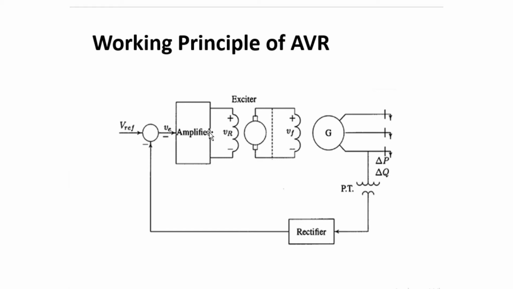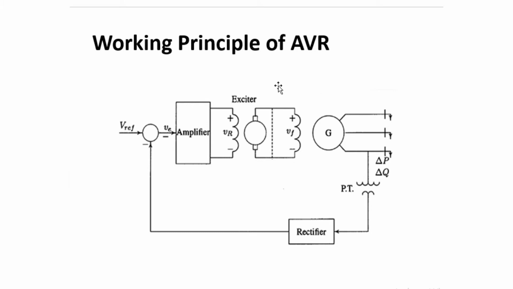This amplified error signal then increases the exciter terminal voltage by controlling the exciter field. So students, the generated EMF is increased by increasing the field current of the generator. This will raise our terminal voltage to the desired value, and the reactive power is increased to a new equilibrium.